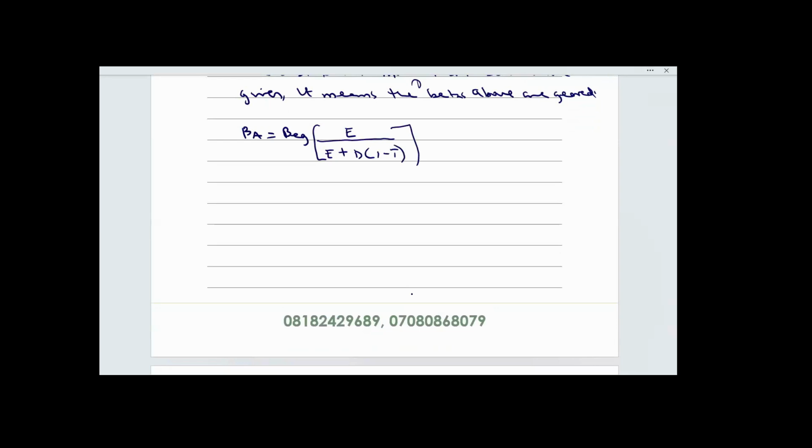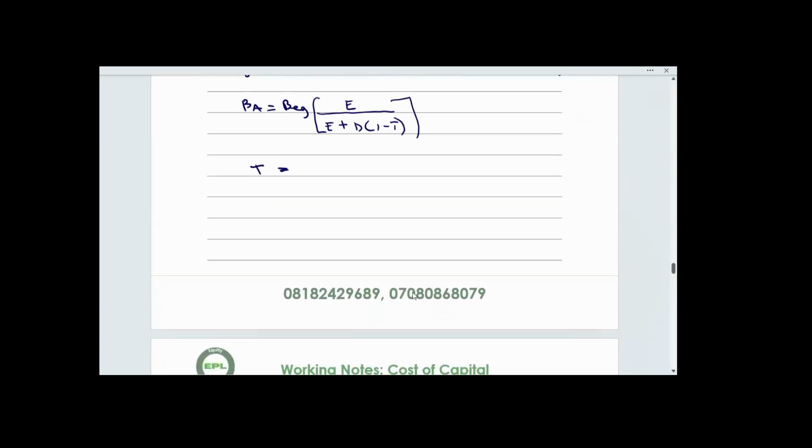I will do it for training. Beta asset of training, BAT, will be calculated as beta equity of 1.5 multiplied by